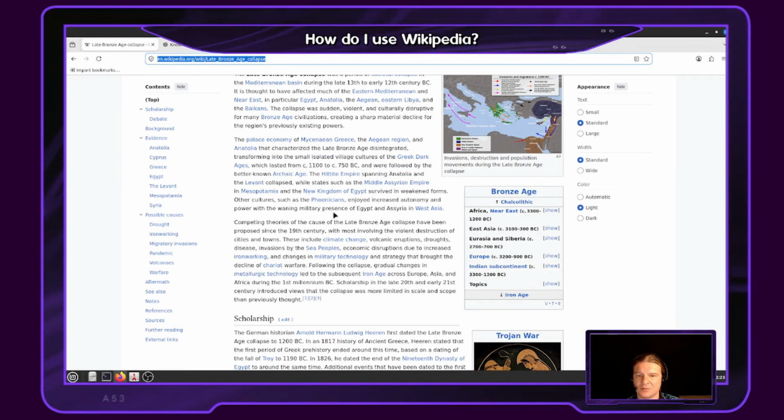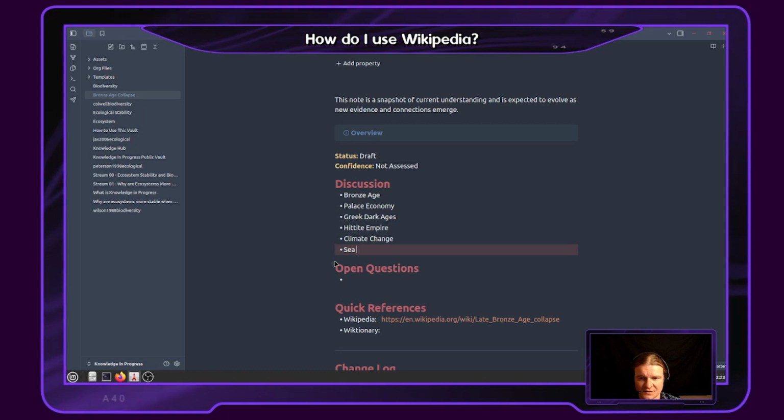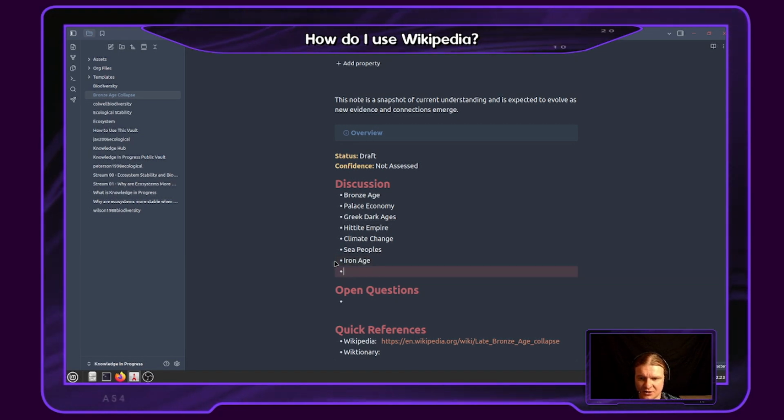We have a couple of competing theories here. Climate change, invasion by the Sea Peoples. I have no idea who those are. Ironworking. Maybe we could just say Iron Age. And military chariots. Let's put all of those in. So we'll say climate change, Sea Peoples, let's say Iron Age, and we had